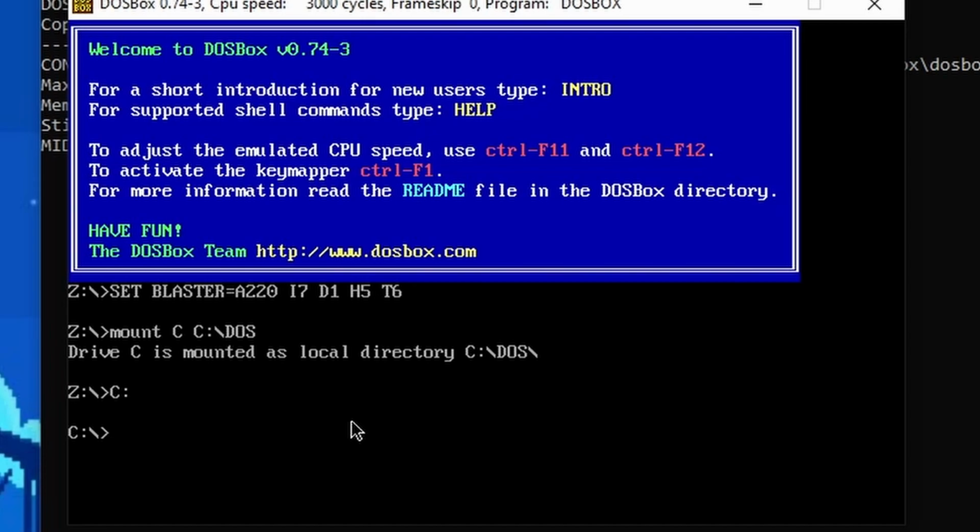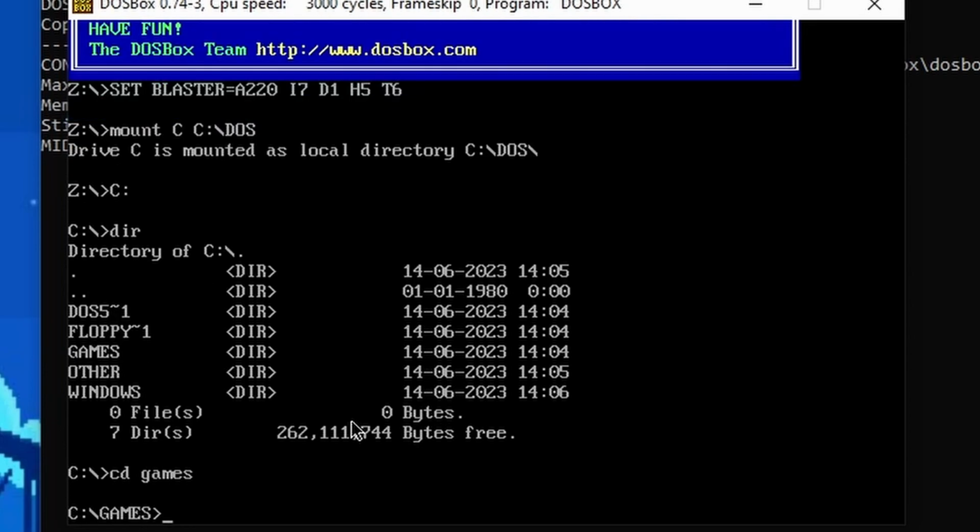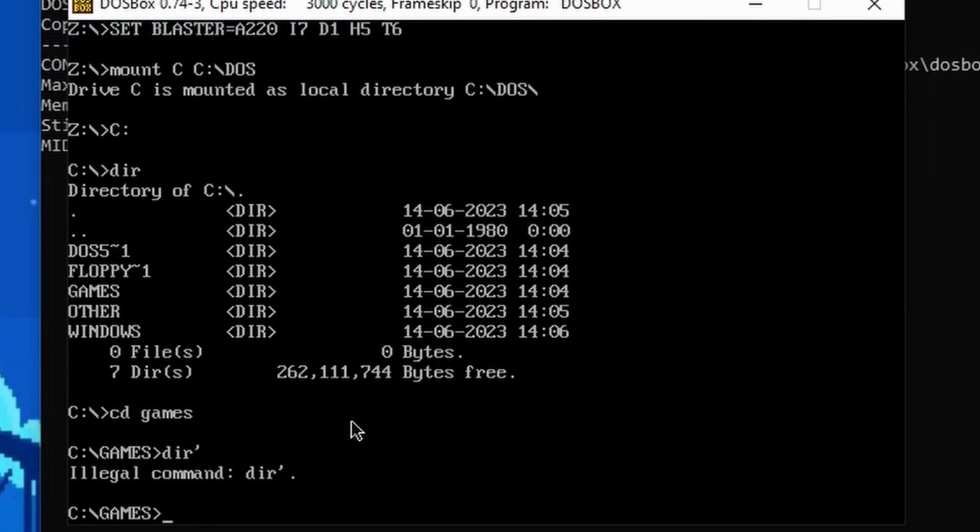So in here, if you type in dir to display the directory, you should see I have a few things. I have a Windows directory, an others directory, and a games directory with a couple other things on top there. My main focus for software like this is games, so I'm going to cd, change directory, into games. And you can see I've actually navigated